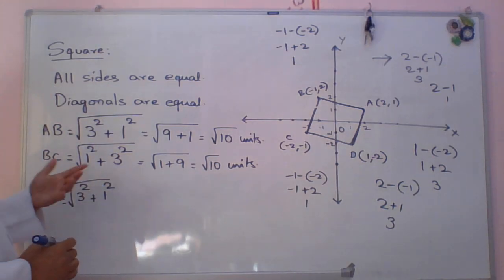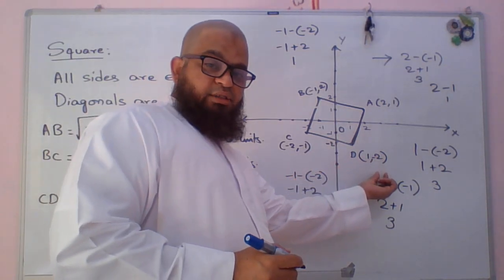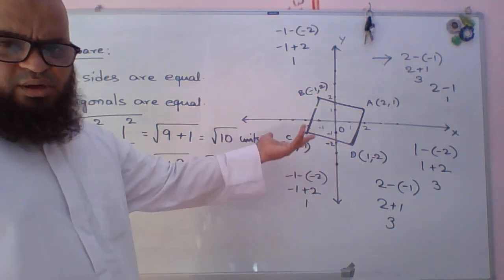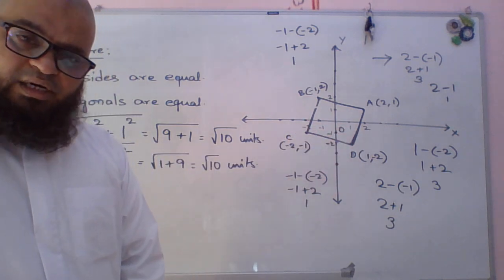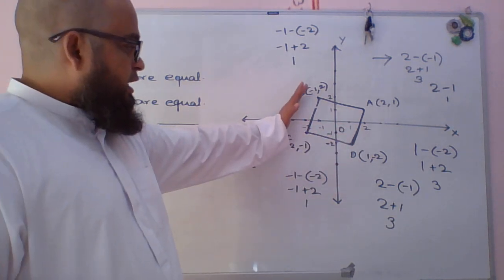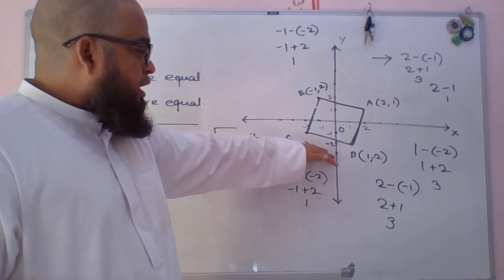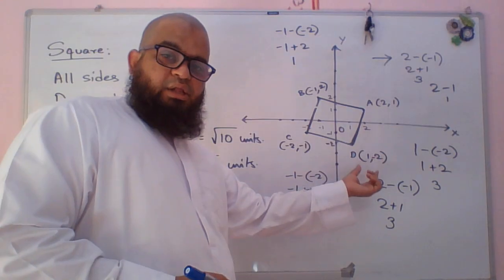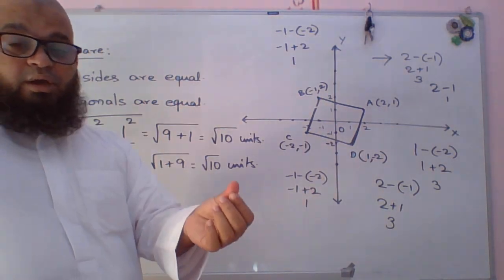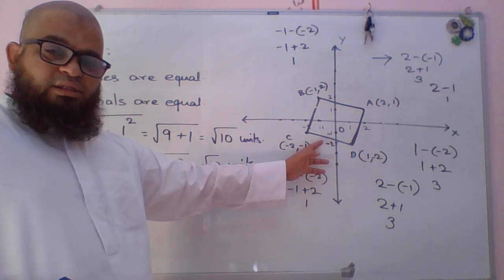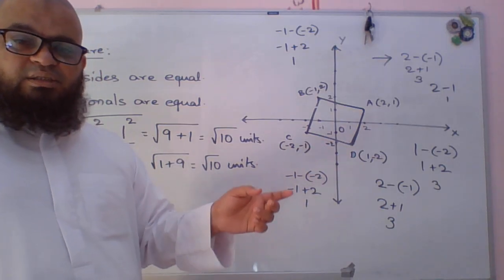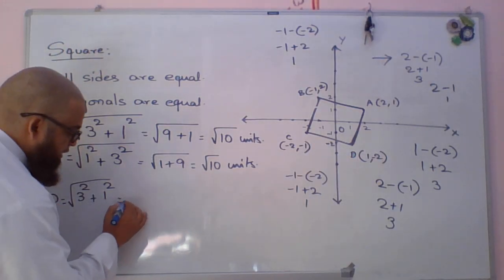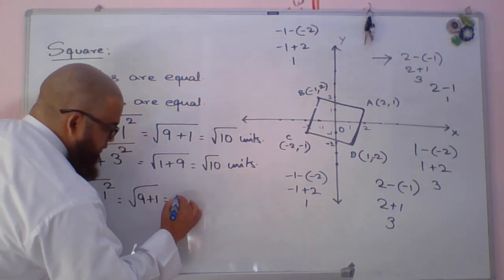See, why did I get this doubt? To check these coordinates. The reason is because it looks square in the figure. It is tilted. We don't know whether it is a rhombus or a square, but it looks like a square. So it cannot come 3 square and 3 square. That's why I checked it. So in examinations or while practicing also, after drawing this, if you are getting a mistake anywhere, that means we have done a mistake. Recheck the points. So that is equal to square root of 9 plus 1, that is equal to square root of 10